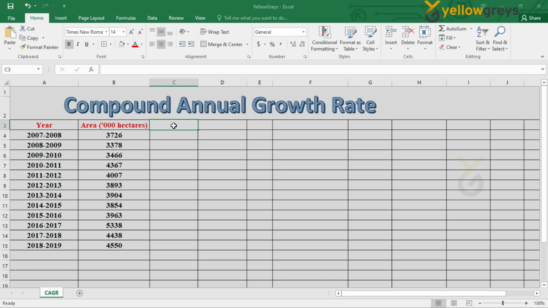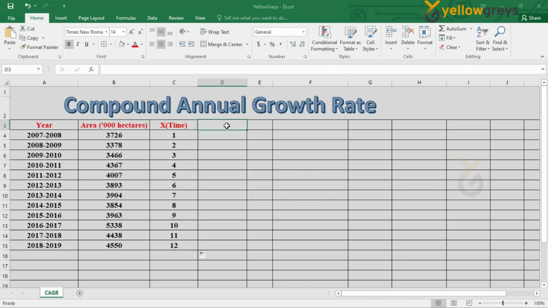In this example, the independent variable x is time, which is nothing but 1, 2, 3, 4, 5, 6 up to 12, which represents the number of years from 1 to 12.